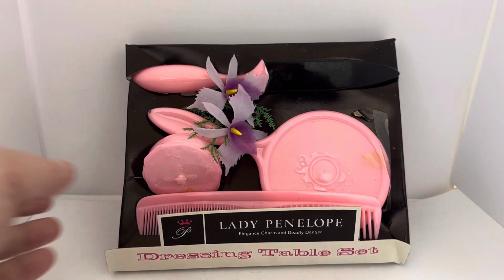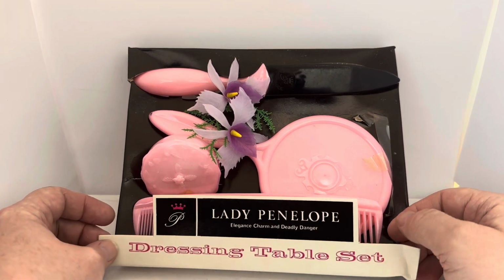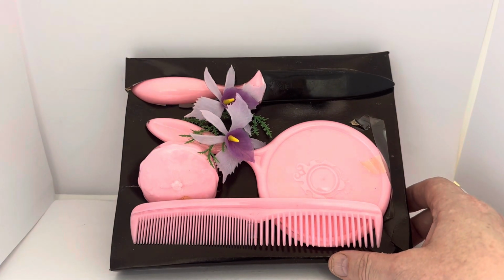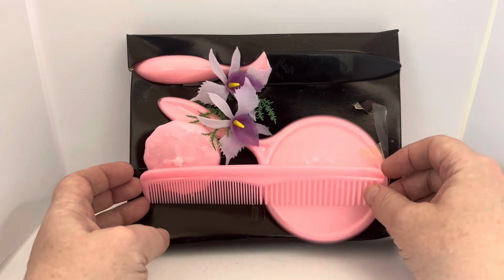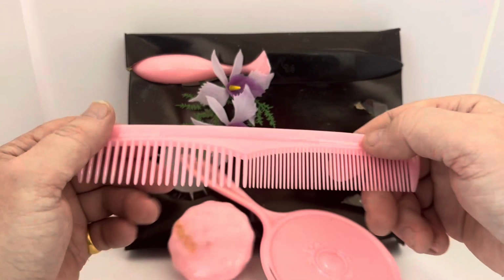Okay, so I've removed the inner tray from the box, and this is what we've got. So it says, that's the label, Lady Penelope, Elegance, Charm, Deadly Danger, Dressing Table Set. I'm just going to take that out of the way so we can have a good look at what we've got here. So we have got a Lady Penelope pink, and these are all in the colours of the pink Rolls Royce of the Fab 1. So we've got the comb,